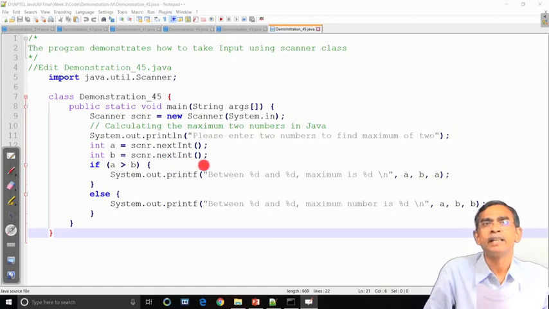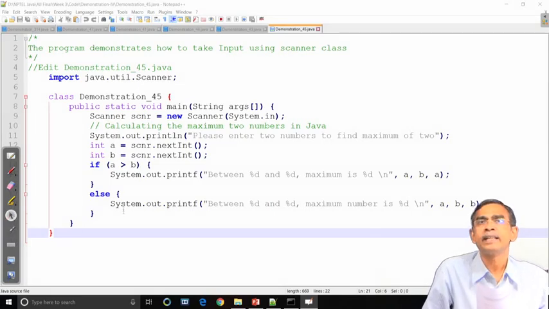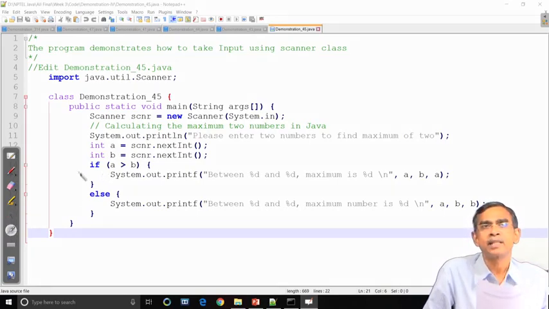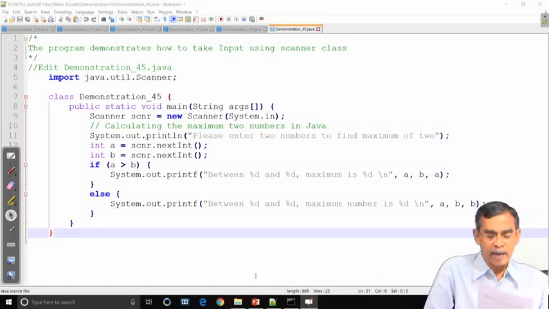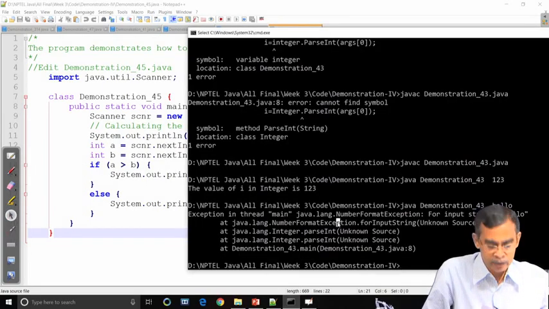Two successive readings take place, and the values are read from the keyboard and stored in temporary variables a and b, read as integers because nextInt scans as an integer. Then the if statement processes them and prints whichever value is highest. Now, let us quickly run this program to see how it works.